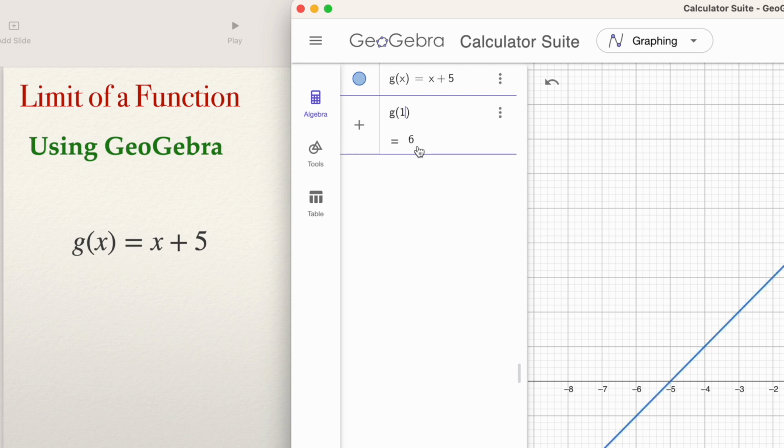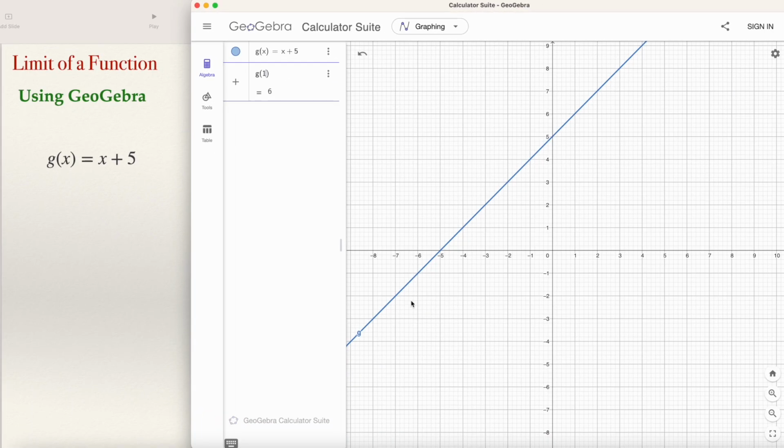Press enter. But before pressing enter, GeoGebra has already computed the value of the function. So that will be the limit as x approaches 1 of g of x. And obviously you have the graph of the function, and you can see that when x equals 1, the value of g equals 6. You can press enter. So in this way you can compute the limit of a function that is continuous